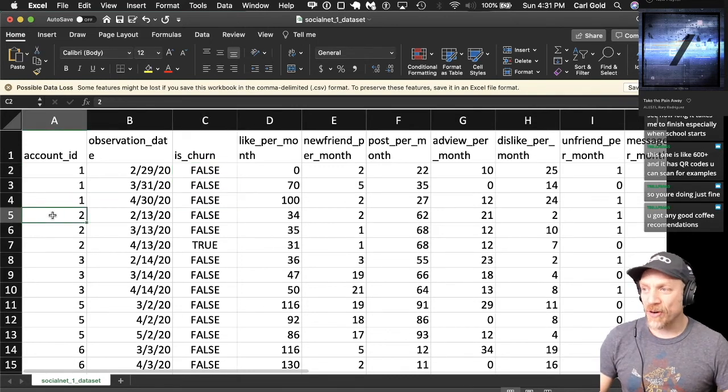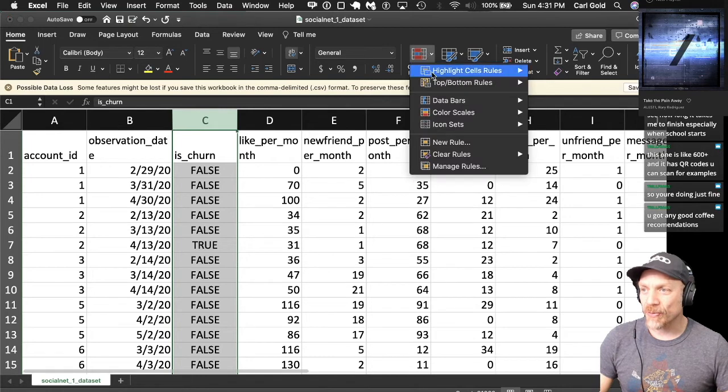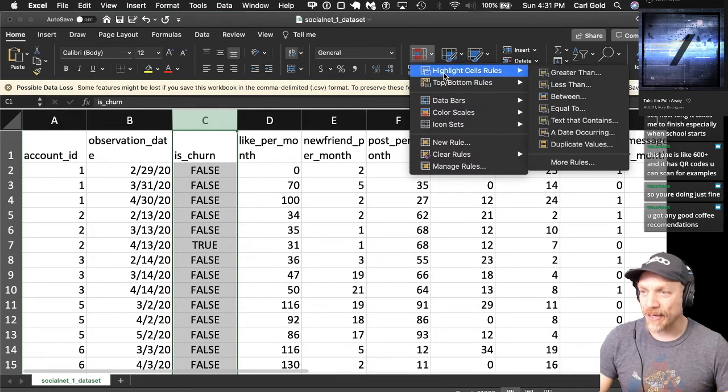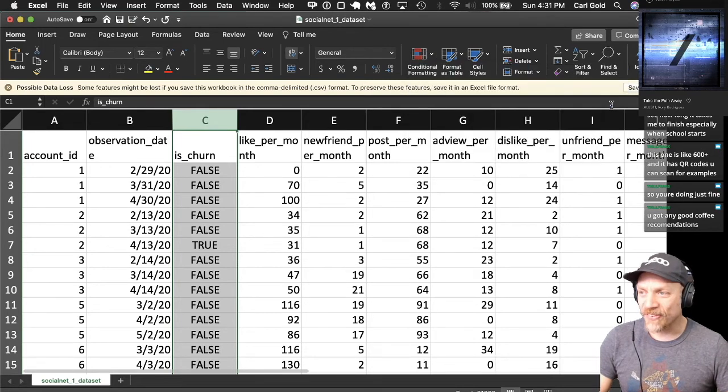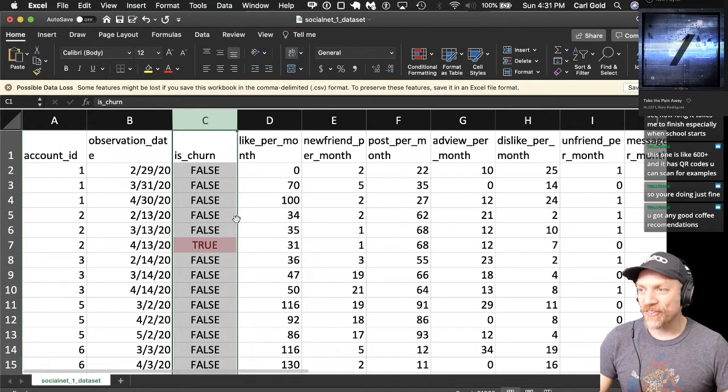Then we observe account 2, and we have these serial observations until the date when they churned. Actually, we can make this easier with a little conditional formatting. Let's say highlight it when it's equal to true, and now we can see the churns.